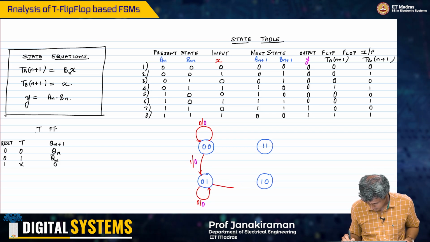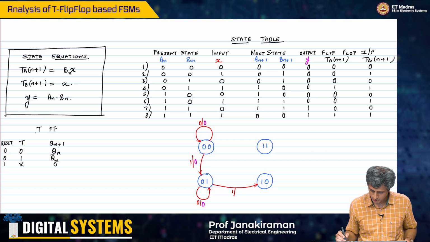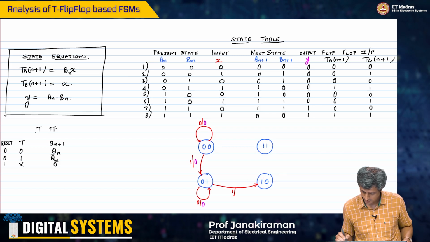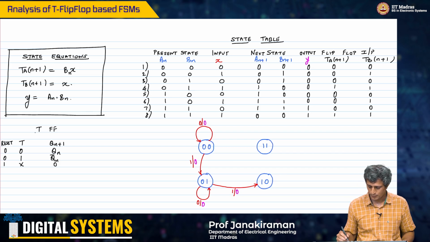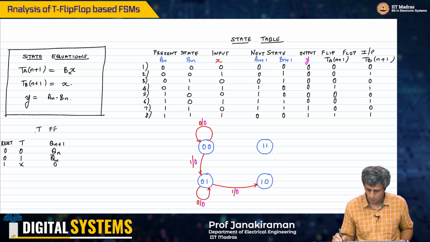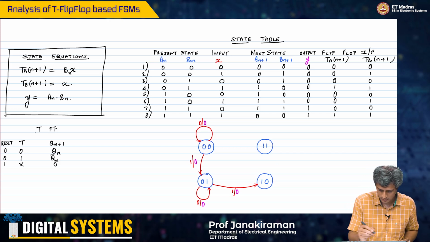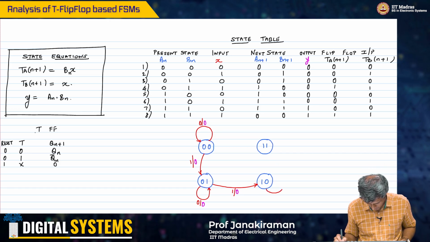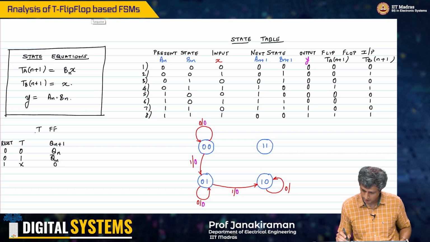So this will take me to 1 0, input is 1, output happens to be a 0, right? And then I have 1 0, input is 0 and output is going to be a